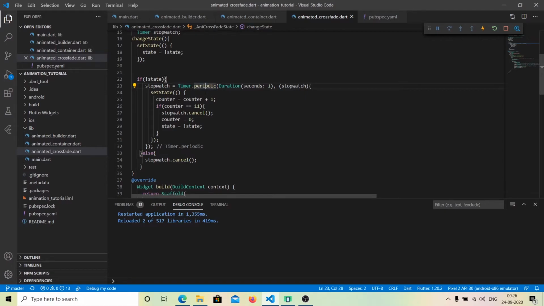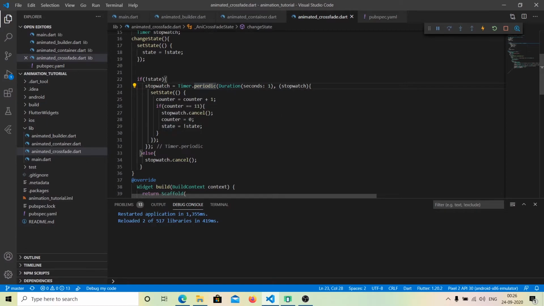Timer.periodic is nothing but an interval function which is called after every second, and after every second we are again changing the counter, and whenever the counter reaches 11 we are resetting the application and we are changing the state,